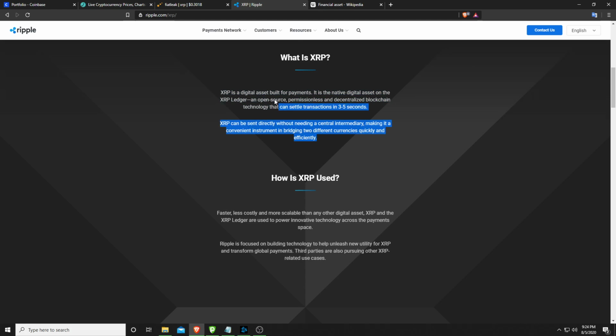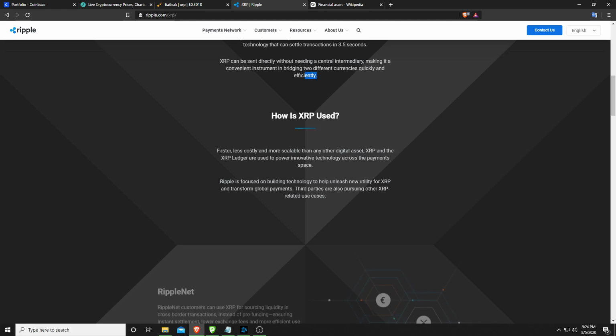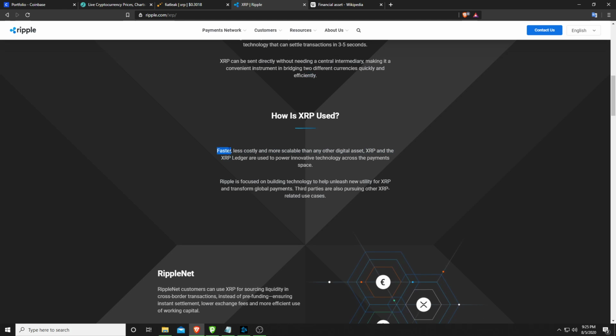And I'm going to let you guys go in here and read all this stuff for yourself. And so this is the key word here: faster. It's faster and it's less costly and it's more scalable than any other digital asset. So it is quicker and less expensive and more scalable to the economy,